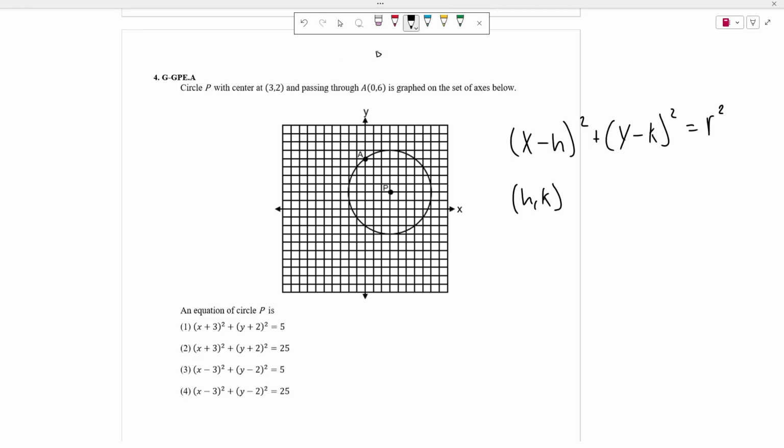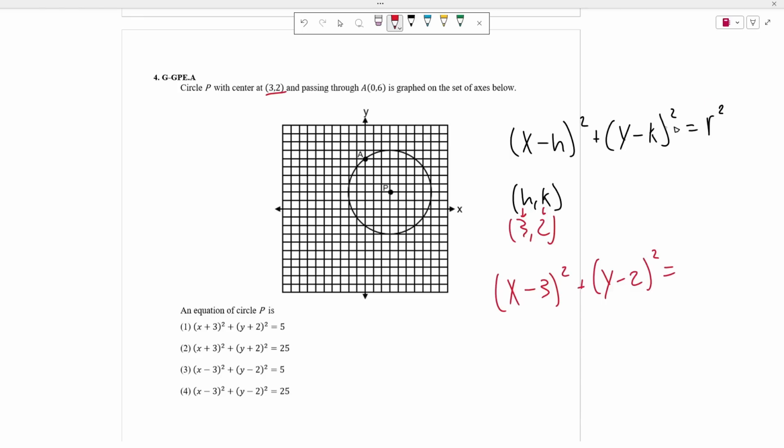All right, so right now we know that the circle has a center of (3, 2). That means that my h is equal to 3, my k is equal to 2. That's just the place that it takes. The h is the x coordinate of the center, the k is the y coordinate of the center. So I can rewrite this as (x - 3)² + (y - 2)², and that's equal to my